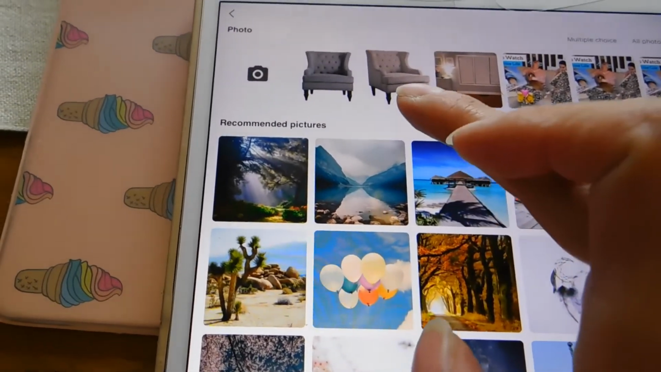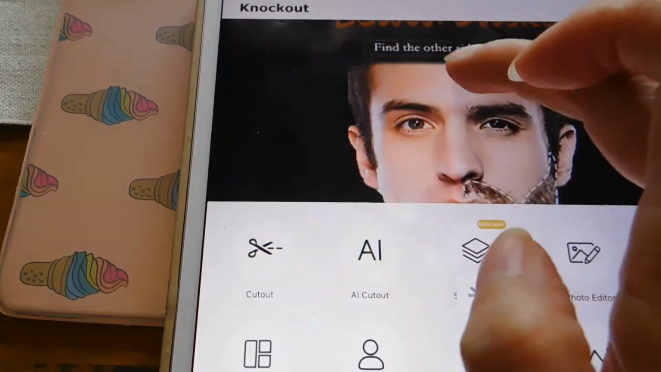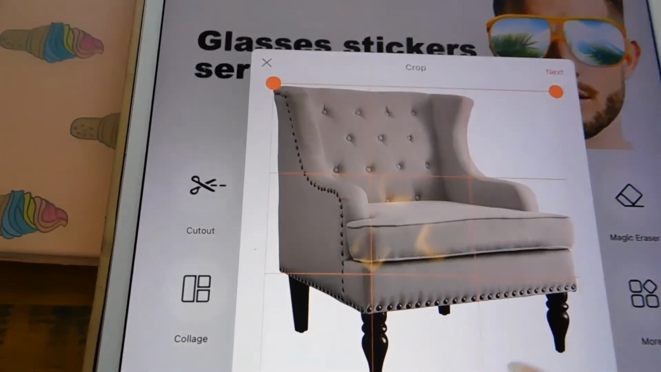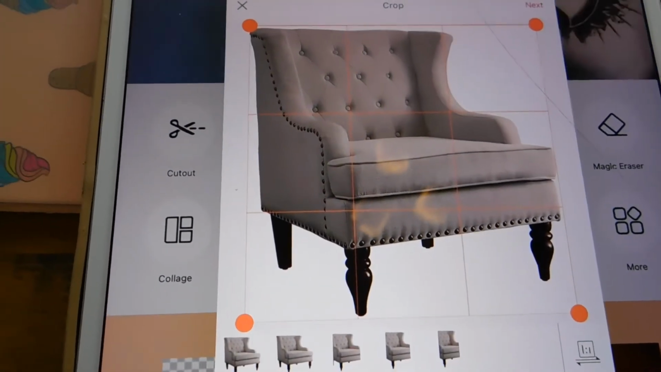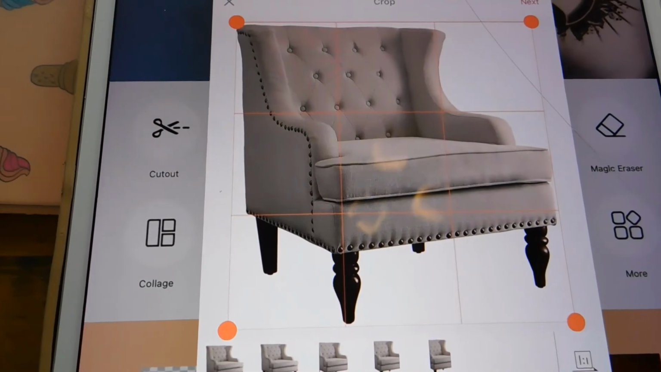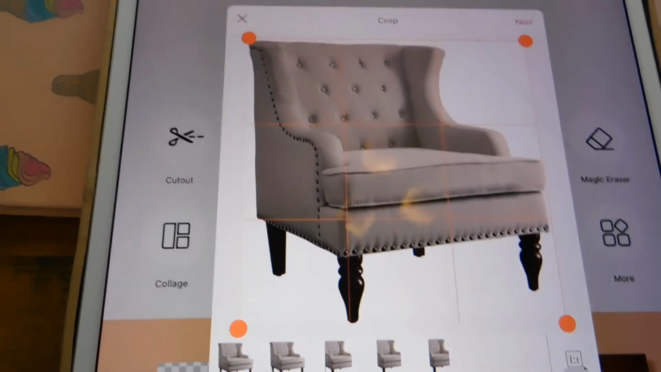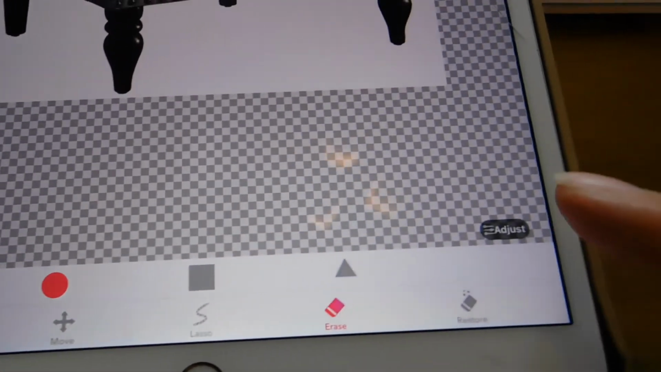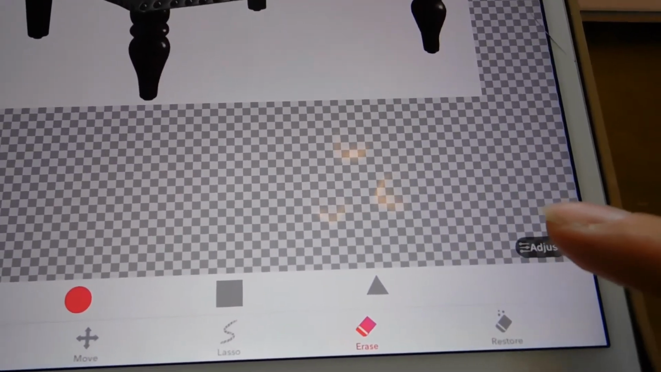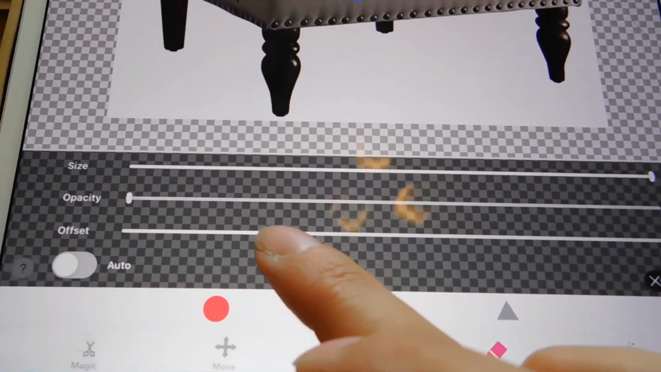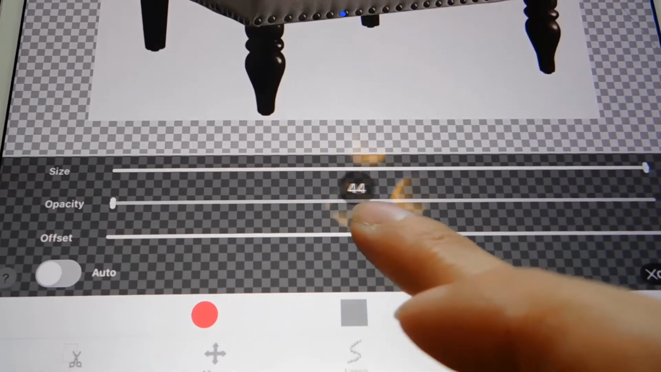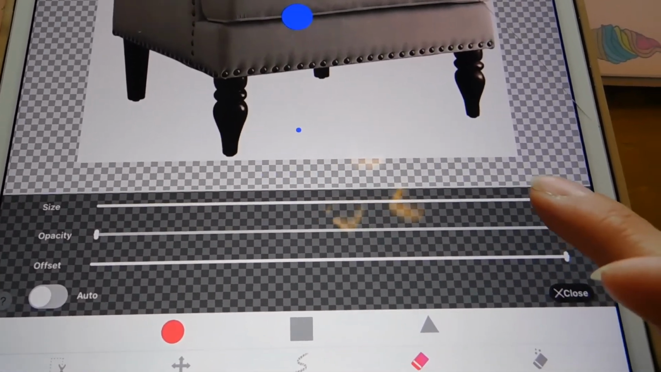I'm going to go ahead and cut out all the white space around this chair and erase it in the exact shape of the chair so I can layer it on top of the photo that I took. So I'm going to select Next, and now I'm going to go to Erase, Adjust, and Offset needs to be completely on. If not, the little circle is going to be right under your finger,